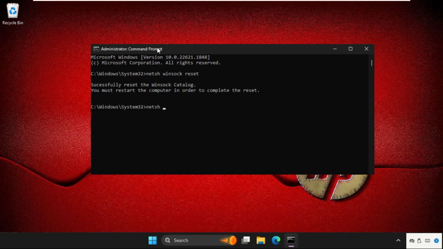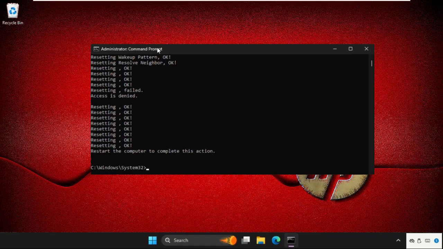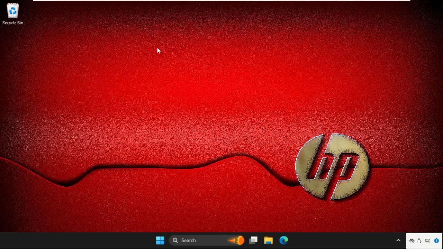Then type in netsh winsock reset catalog. Then type in netsh int ip reset log.txt, and once done type ipconfig /flushdns and hit enter. Once done, just type exit to close the command prompt window, then open settings,